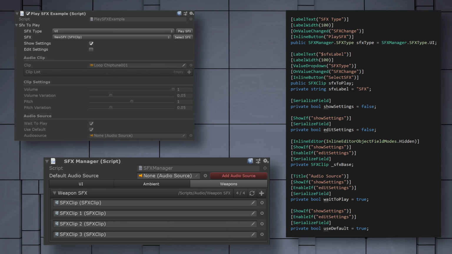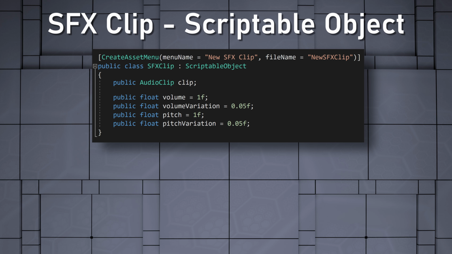It's also worth noting that this scriptable object is very much optional, but the additional audio settings will allow some variation in the audio properties each time that a sound effect is played. This can add a little juice or polish to your game with minimal effort on your part. If you'd like to skip the scriptable object, you can simply use audio clips directly and skip to the next section of the video. If you do want to use them, then let's talk about how we created the scriptable